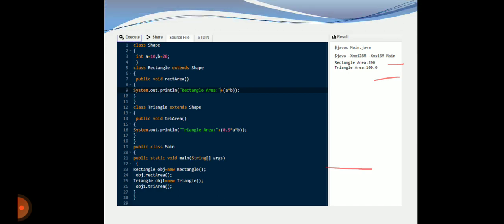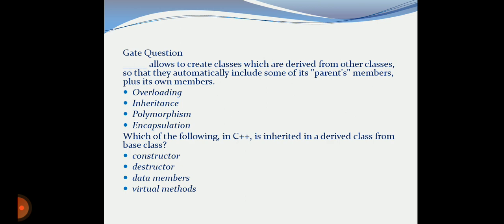Next we will see some questions related to the concept of inheritance. In CS8492, that is Object Oriented Programming, we will definitely have questions on the concept of inheritance. Now we will see the GATE questions. These are sample questions.